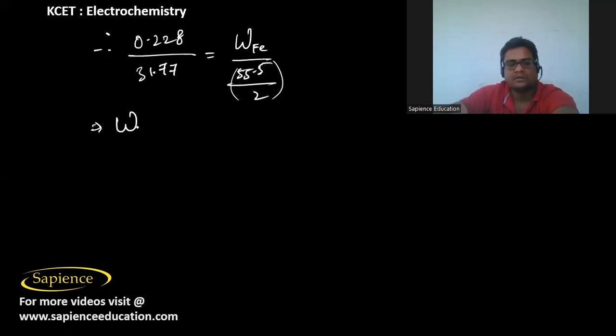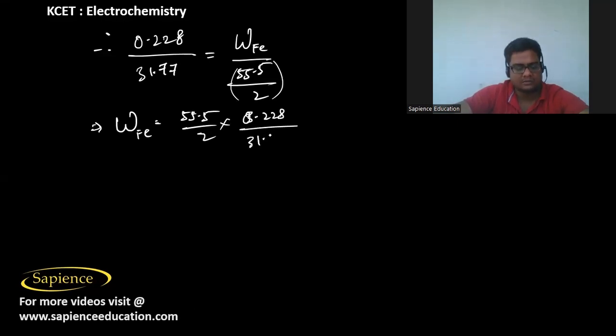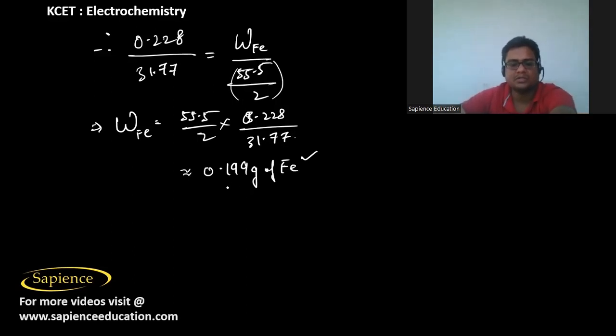So the weight of the iron is equal to 55.5 by 2 into 0.228 divided by 31.77. If we solve it, then we'll get 0.199 gram of iron. So it means that 0.199 gram of iron is present